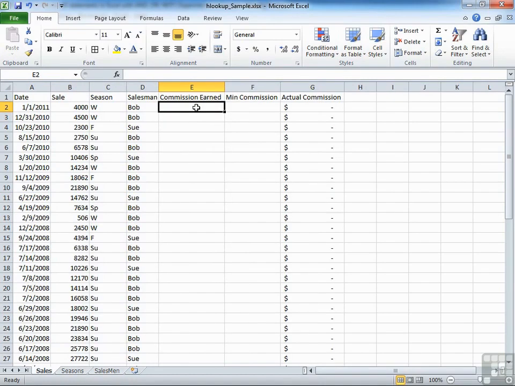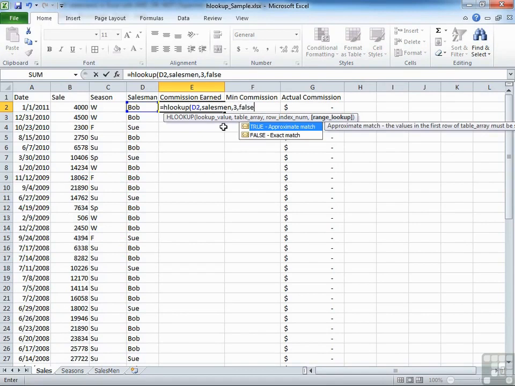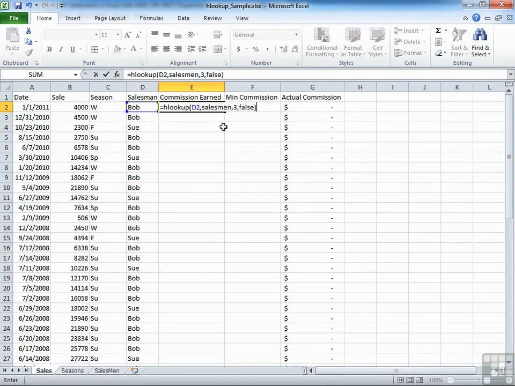So the commission earned by this salesman is going to be calculated by equals HLOOKUP, their name, into the salesman named range. Again, it's in the drop list, so you can find it very quickly, just in case you happen to have forgotten what you called the range. This time we would like to bring back the value in the third row, and it has to be an exact match. Bob has to exist, spelt B-O-B, in the HLOOKUP table, and return, and that gives me 0.1 because